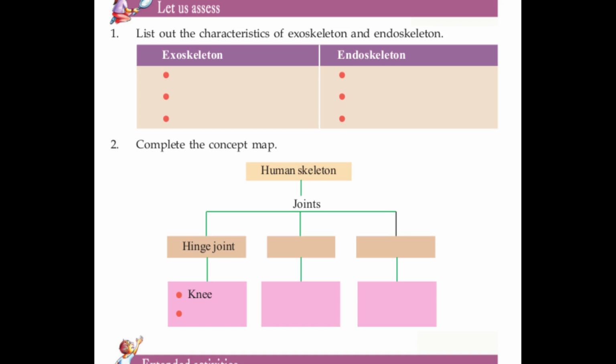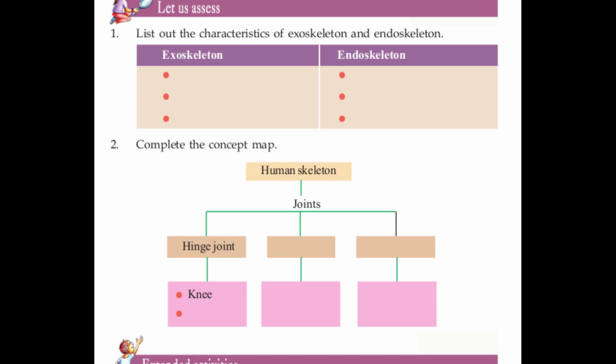You know that exo means outside parts. Exoskeleton can be seen in beautiful patterns, as in a ladybug. You may see the red beetle, that is called a ladybug. It gives shape and support from outside. So exoskeleton is found in outer parts, can be seen in beautiful patterns, and gives shape and support from outside. Endoskeleton can be seen inside the body, only white or grey in color. It gives shape and protection to our body.